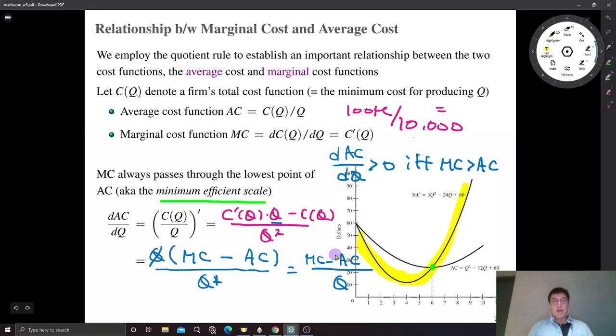And now we consider the meaning of the sign of the derivative. If the sign of the derivative is positive, we know the average cost curve is increasing. But if the sign of the derivative is negative, then the curve is decreasing. So the negative sign of this